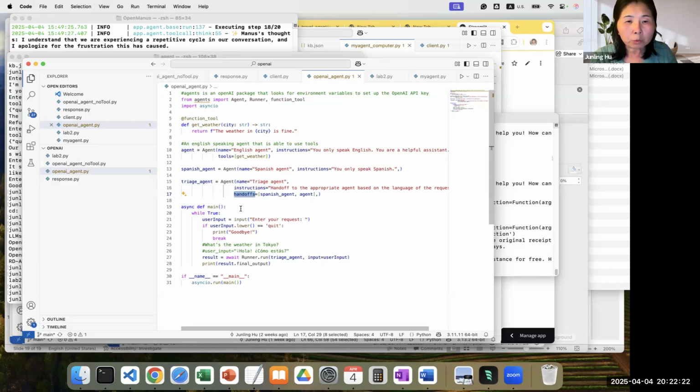And you see the whole loop is still the same. Everything essentially is a loop. All you have to do is call the triage agent, the main agent, and then the main agent delegates the work to a specific agent.